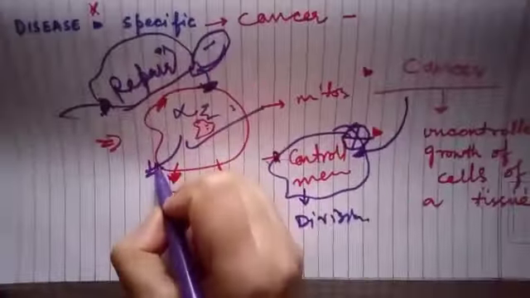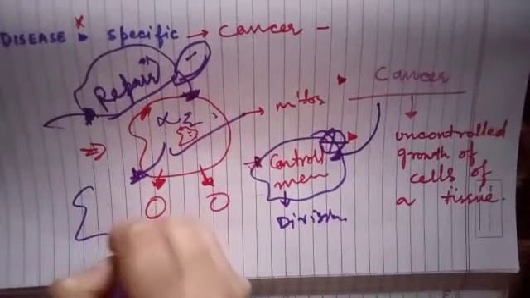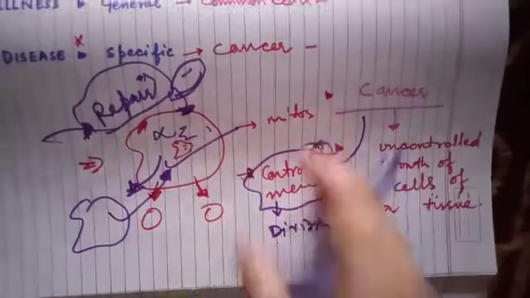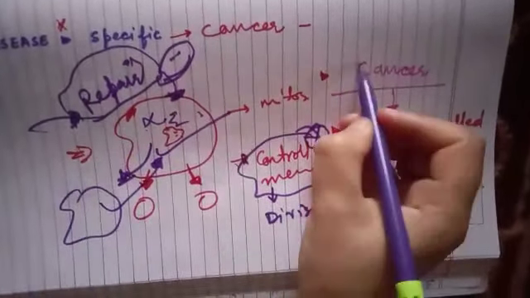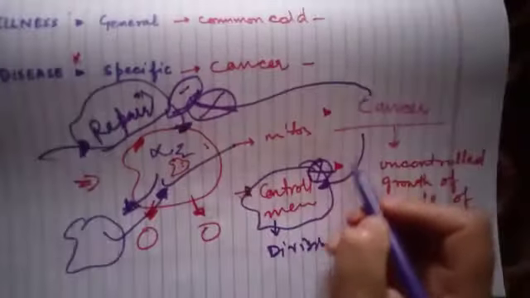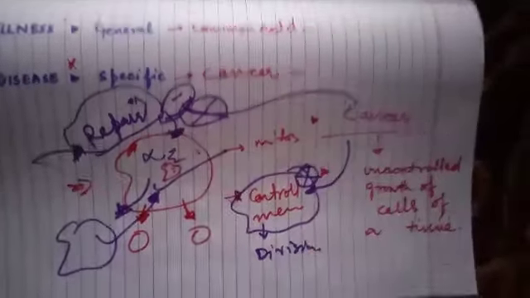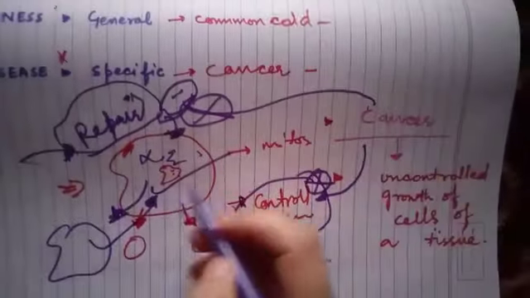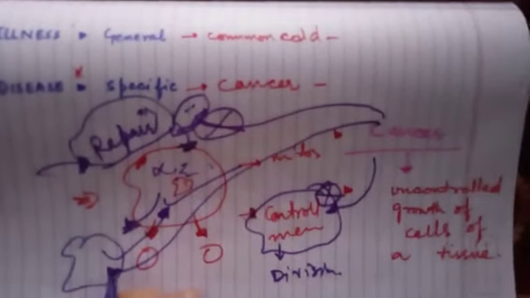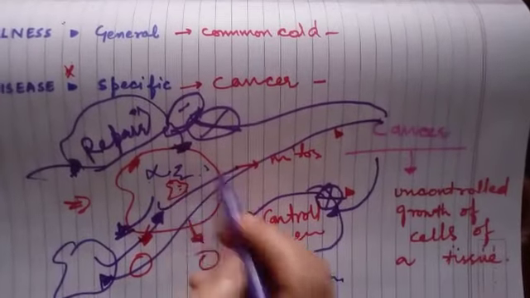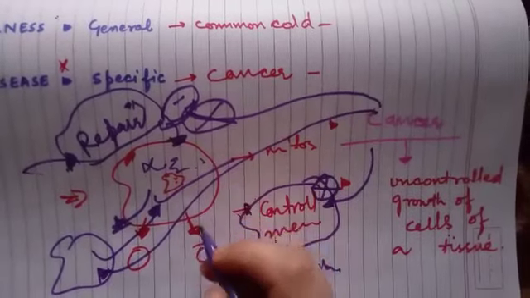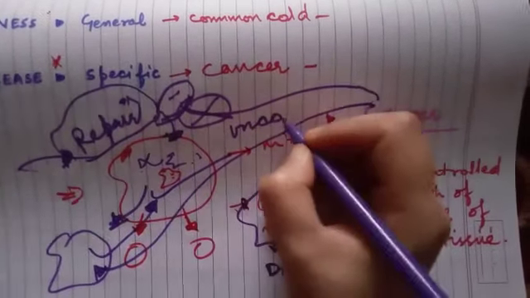Or there is another system: other types of cells which eat these deformed cells, and our body has no effects of this. But cancer corrupts the repair mechanism, it destroys the control mechanism of the cell, and it destroys these phagocytes which eat the deformed cells. Cancer corrupts all these systems and leads to the uncontrolled division